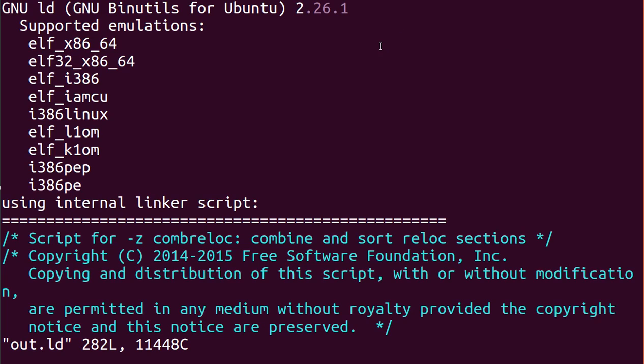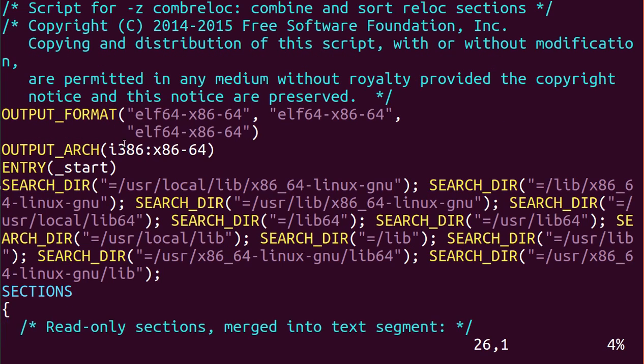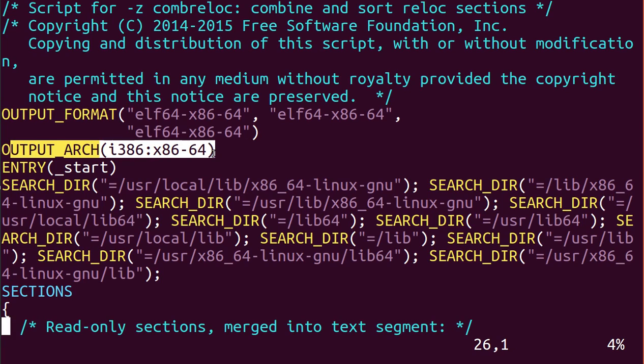You can see it is clearly mentioned here, since I have generated it for the x86 PC, that it supports these many formats. Also it is clearly mentioned that the output architecture is i386:x86-64, that is my current PC's Intel architecture.